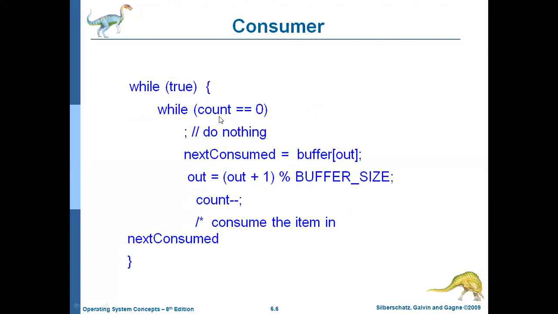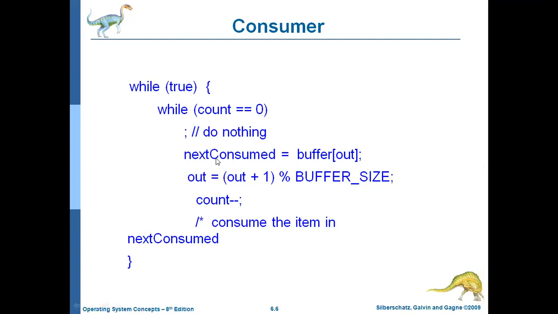If it is a consumer problem, what we need to check is whether the buffer is empty or not. Why? Because the producer cannot produce an item if the buffer is full, and the consumer cannot consume an item if the buffer is empty. Buffer empty means 0. So what is the value of count? Count value is 5, because the producer produced 5 items into the buffer. So 5 is not equal to 0.